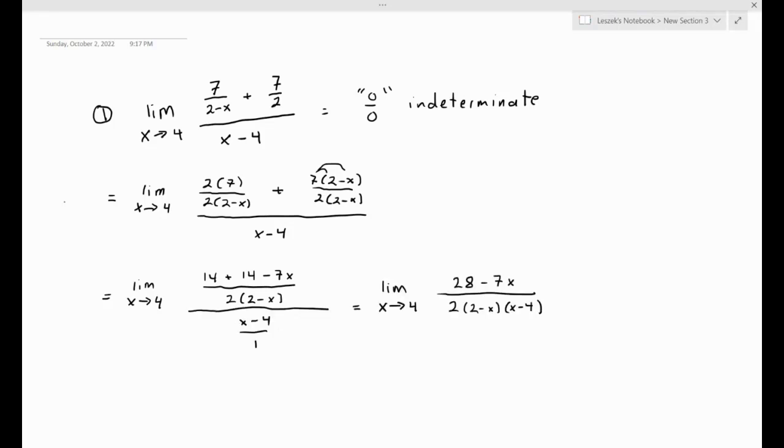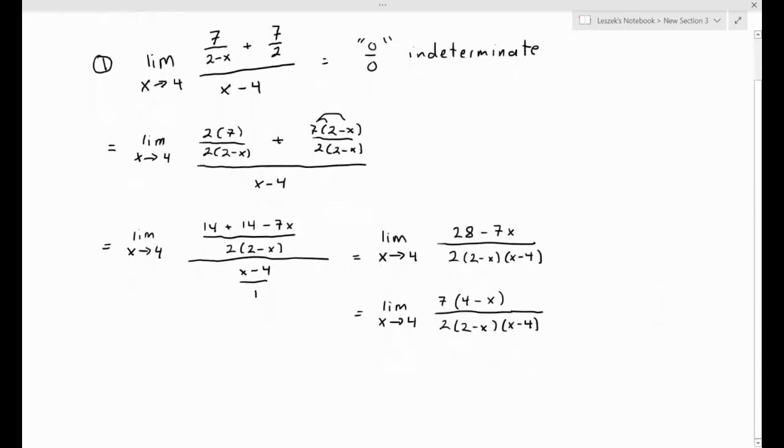So dividing by x minus 4 is the same thing as multiplying by its reciprocal. 7 is a common factor in the numerator, so we factor that out. And we anticipate a cancellation of that x minus 4 in the denominator, the thing that went to 0, with something in the numerator, but 4 minus x is not exactly the same thing as x minus 4. In fact, they're just negatives of one another, right? So we factor out a negative 1 from the